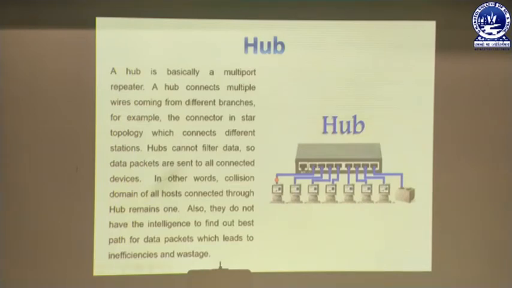So you can see that every device is being connected to the hub, and when all these devices are connected with the hub and the hub gets switched on, then all these devices are able to connect with each other and they can share their information as well as their resources. So what do you mean by resources over here? Here you can see I have connected a printer. That means whenever I give a printout command from any system, the printer will receive the signal and get the printout.